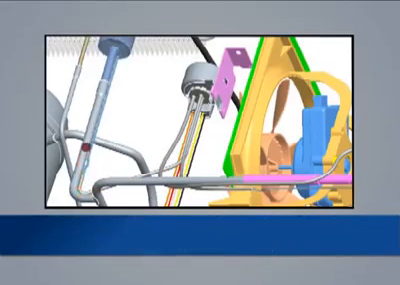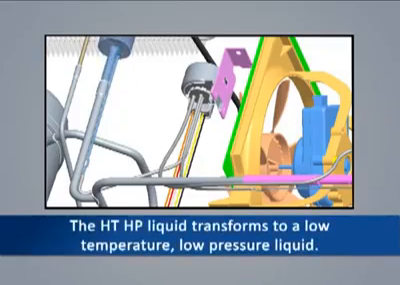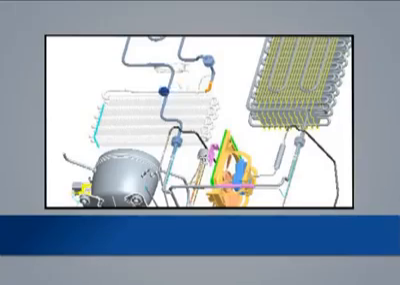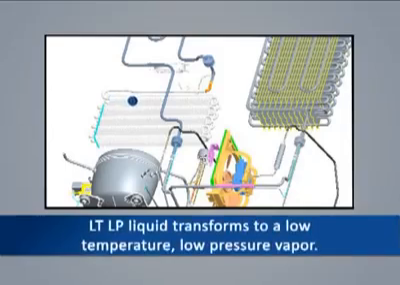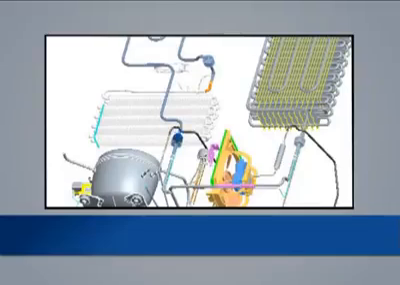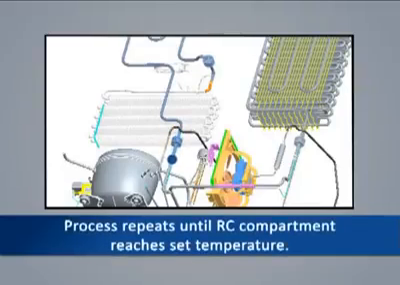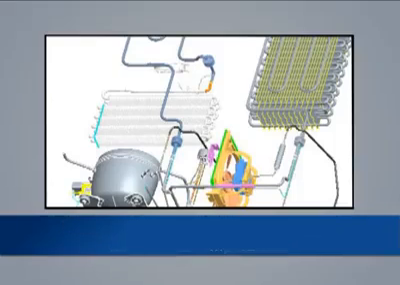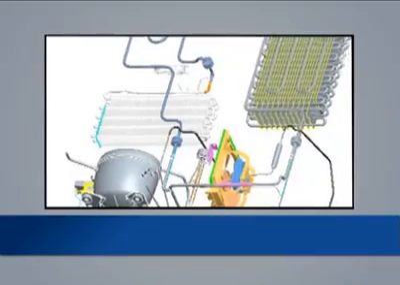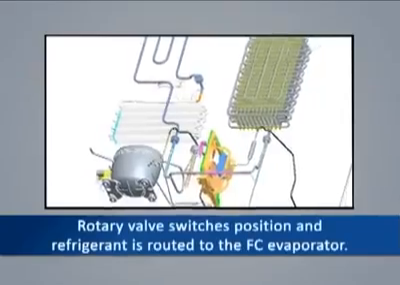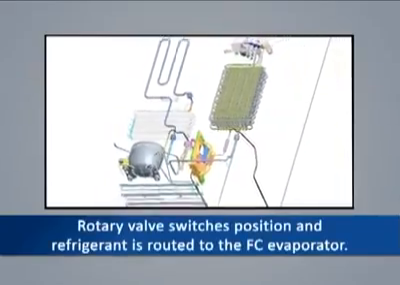When the refrigerant sprays out of the cap tube into the larger evaporator tubing, the high temperature, high pressure liquid transforms to a low temperature, low pressure liquid. As a low temperature, low pressure liquid passes through the evaporator, it absorbs heat and another change of state takes place to a low temperature, low pressure vapor. This vapor continues through the suction line to the compressor, where it is again compressed and the process continues. When the temperature of the RC compartment reaches the set temperature, the compressor shuts off. When the FC compartment requires cooling, the rotary valve switches position and the refrigerant is routed to the FC